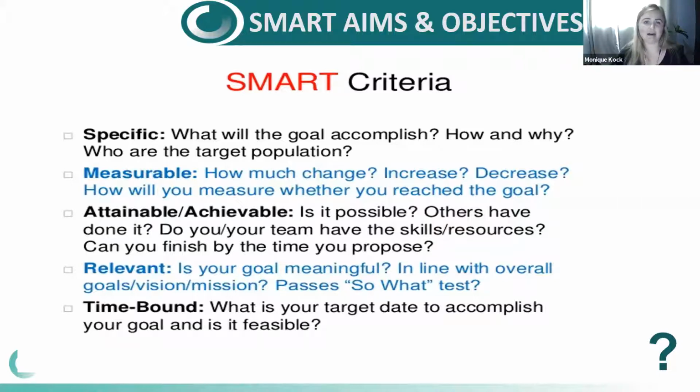For instance, within my own study, I followed a certain program. It was measurable. A thing that I did not consider was whether the program would change. So I sampled people with interviews, and this program changed, and it hindered me from continuing to collect participants in this process. So it's something that you need to consider. Is there anything when I am measuring this goal that might not make it attainable? Again, attainable. Is it achievable? Is it possible?